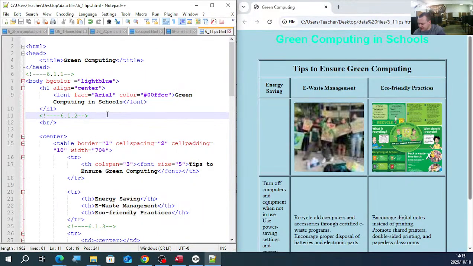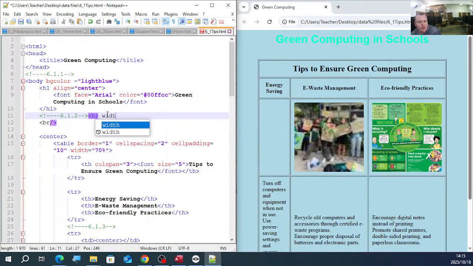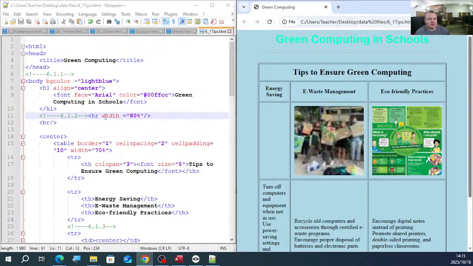So here we're going to insert an HR, and we're going to have an attribute width equal to 80%, slash bracket. So that is HR with 80%. Remember, if it's 80 without the percent,